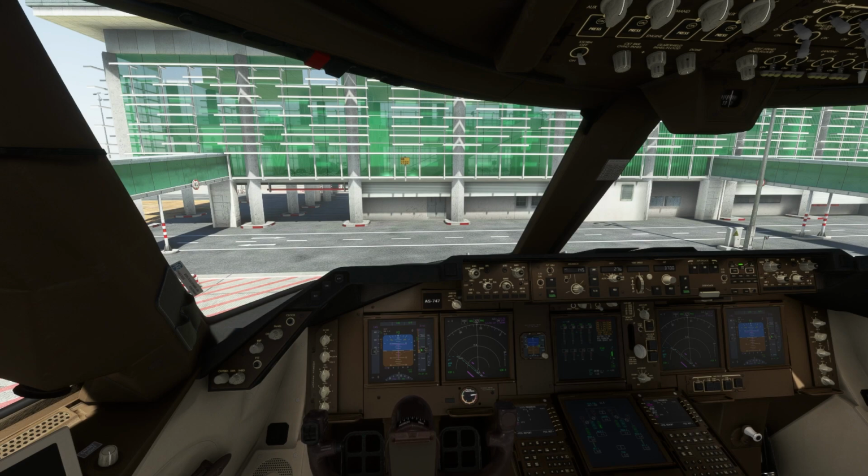And I will also be trying to do a complete video for this plane instead of breaking it down into different parts, just one video for this plane, so that if you want to do a complete flight from one end to another,